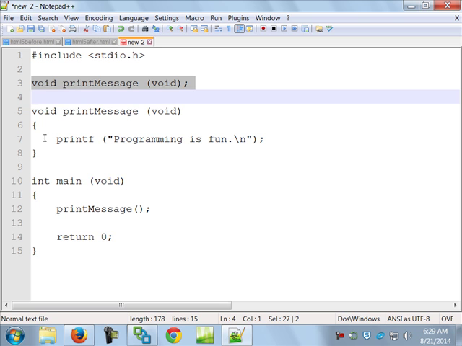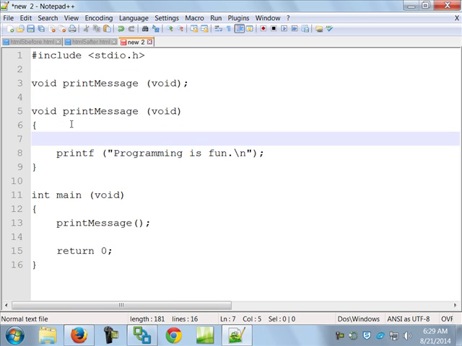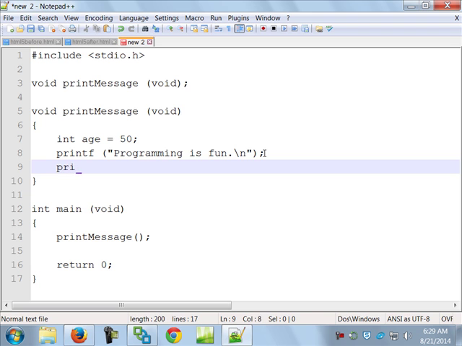Now, any time you define something inside of, so let's say that inside of print message here I defined a variable, and I said int age equals 50. All right, so programming is fun, \n. So I'm going to put another line here, I'm just adding to the function. Especially if you are under %d years old, \n, age. Okay? So this will come back and it'll say programming is fun, especially if you are under 50 years old. Why am I telling you that?